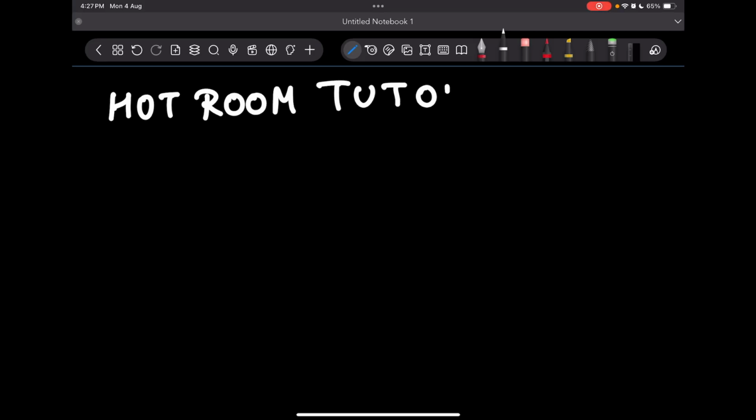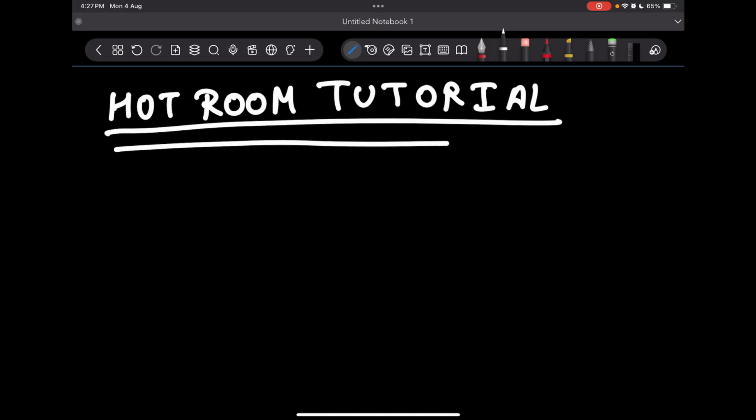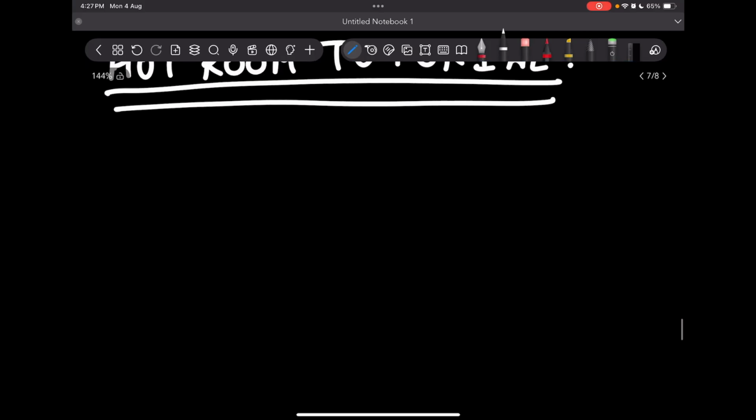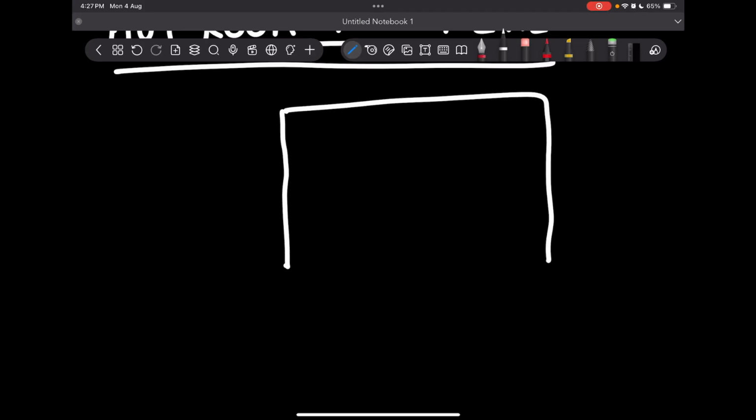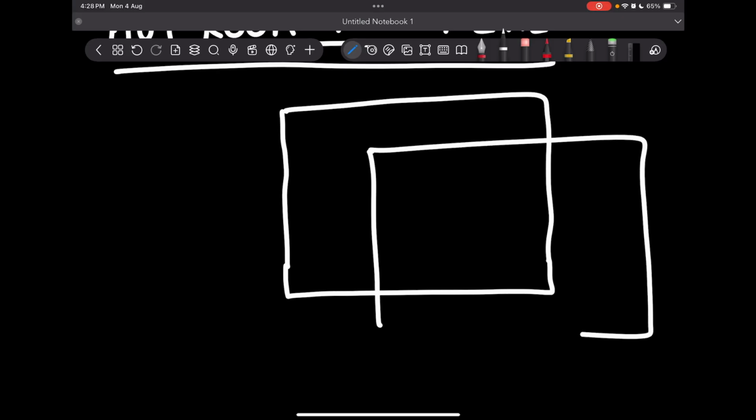So this hot room tutorial is a very simple tutorial, but yeah, I thought that okay, let me explain the domain first. So basically what will be happening is like a room is there, we can say a rectangular room is there. Okay, this is a rectangular room,